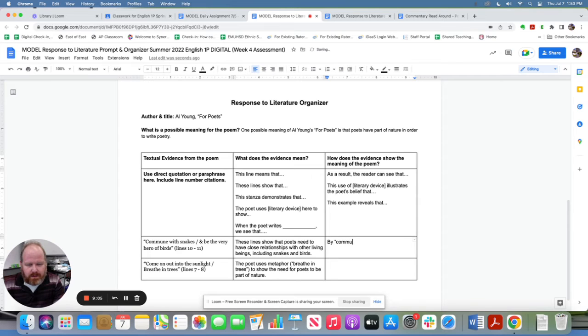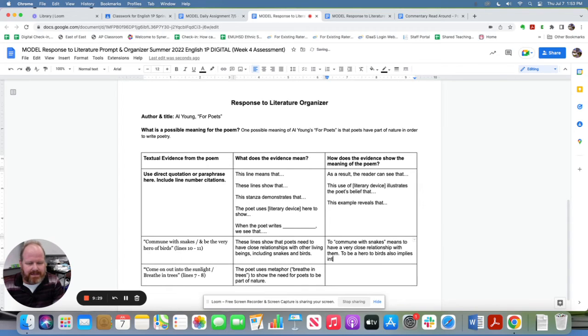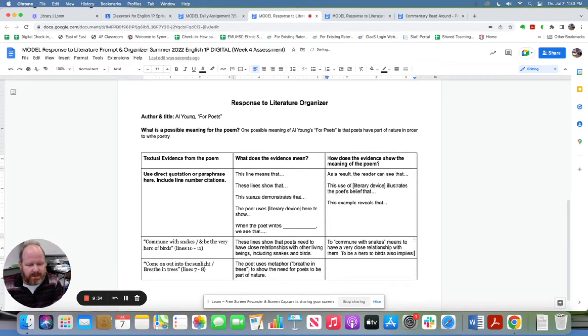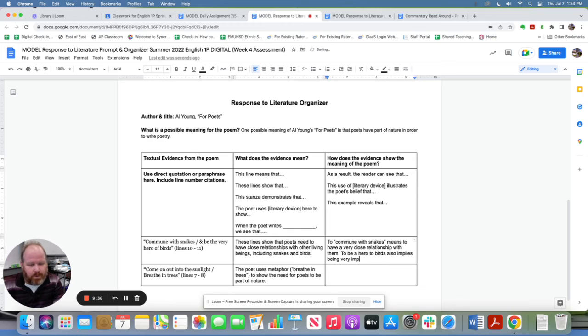By communing, or to commune with snakes, means to have a very close relationship with them. And to be a hero to birds also implies intimacy, or maybe not intimacy, also implies being very important in birds' lives.